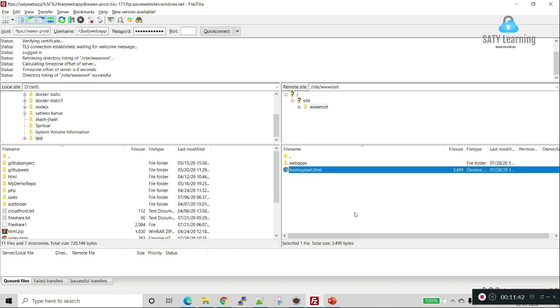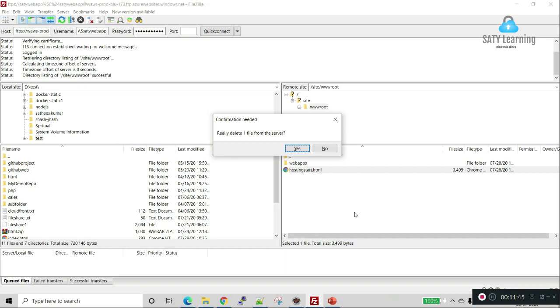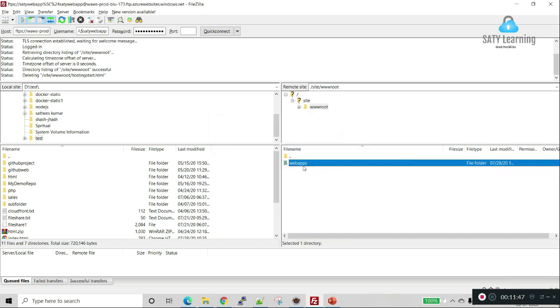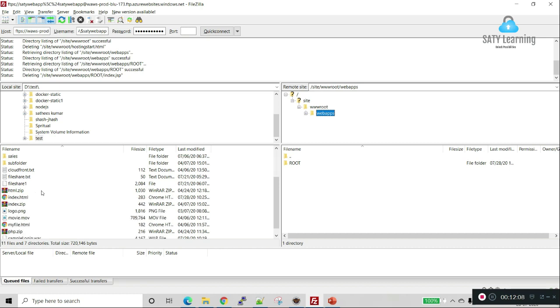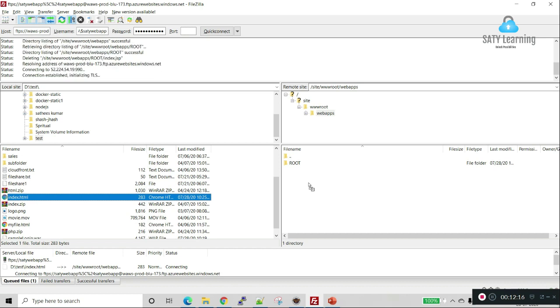I will remove the default pages, HTML and so on. Now I will copy the index.html which I have created myself. Just drag and drop, and it will transfer.